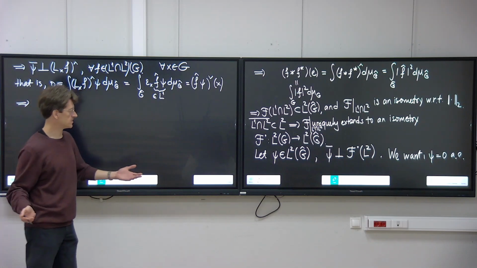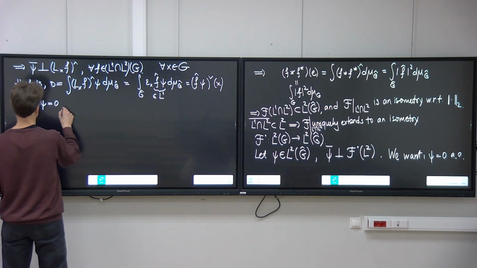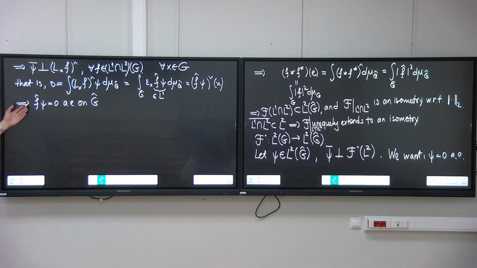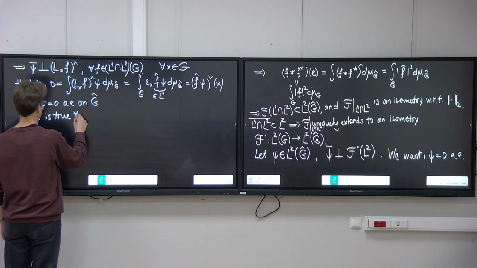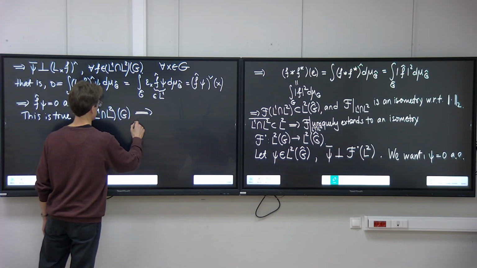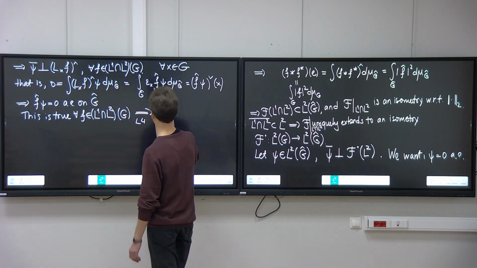And since the dual Fourier transform is injective, it follows that f hat psi is 0 almost everywhere on G hat, because the dual Fourier transform is injective. And this is true for every f in the intersection of L1 and L2 of G. Now we use our lemma 4 again, which tells us that for every compact subset of G hat, we can always choose f in such a way that its Fourier transform is strictly positive. In particular, it is non-zero on the respective compact set. And since this compact set was arbitrary, we deduce that psi is 0 almost everywhere